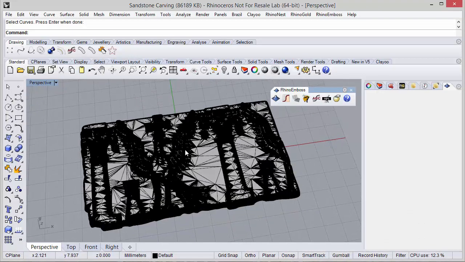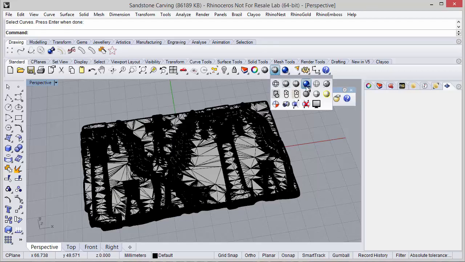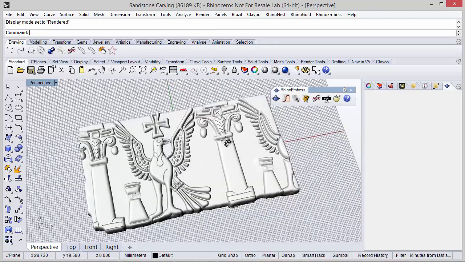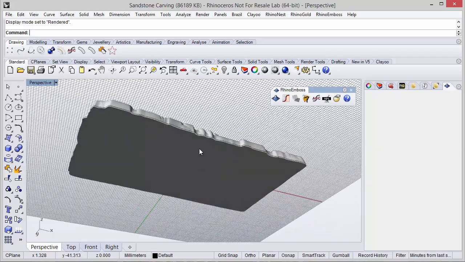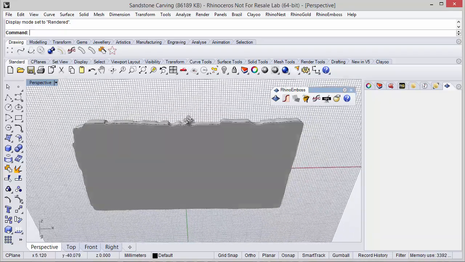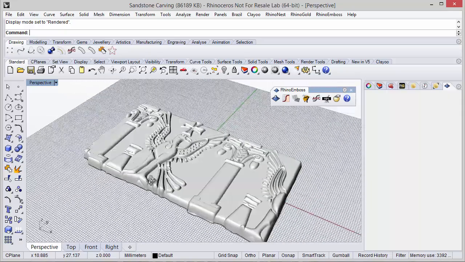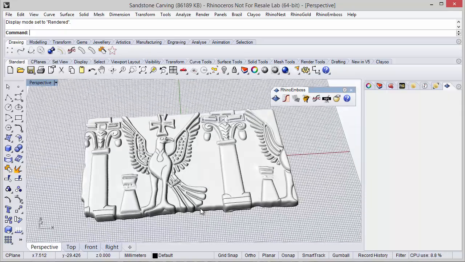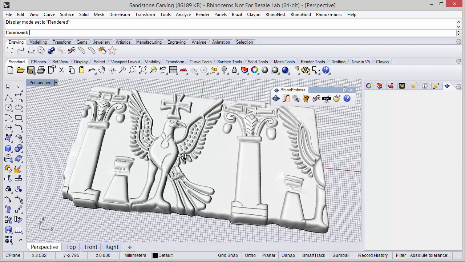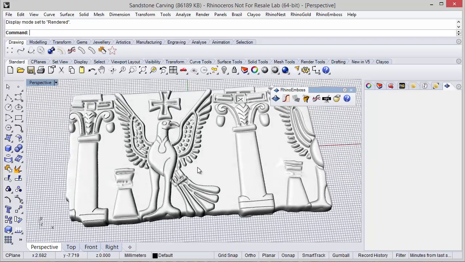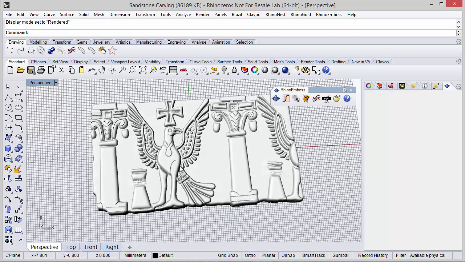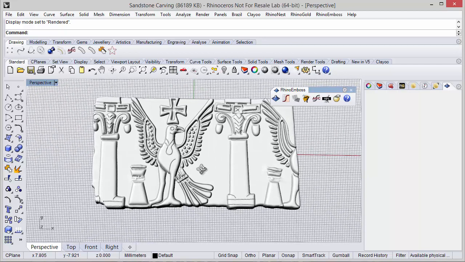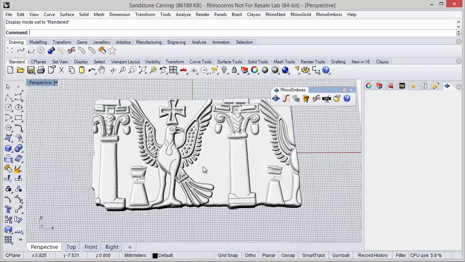Okay, here we have the results. Let me change display mode to rendered. Now we can see better. So this is the idea. We define the cap type flat, so exactly as we defined it, and the sandstone carving is ready. So as you can see, it's really easy to define all the reliefs. After creating all the curves, we just need to apply the operations, and this will be